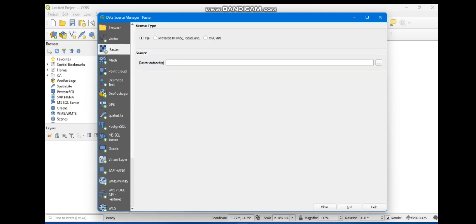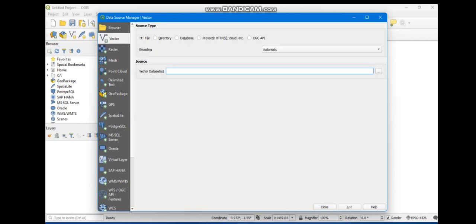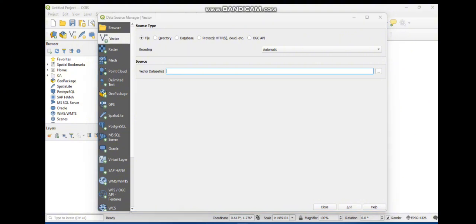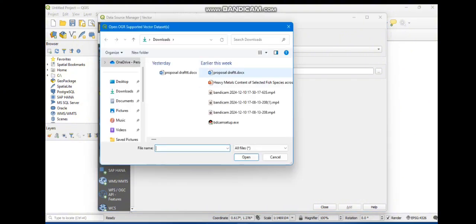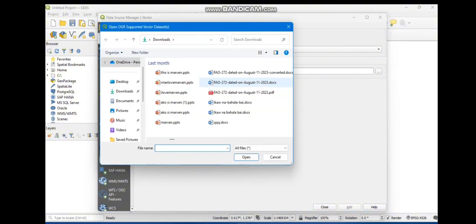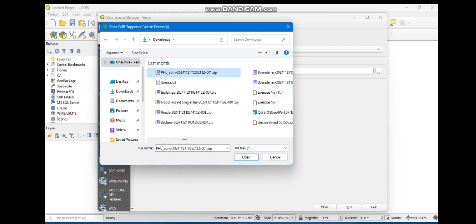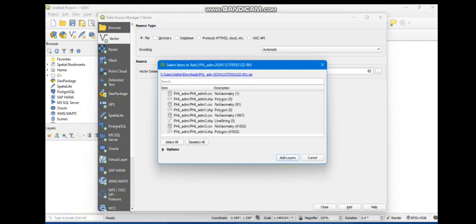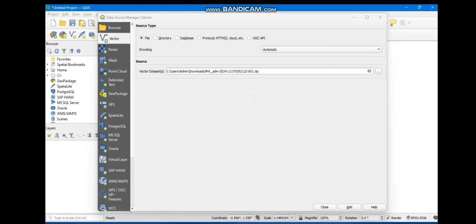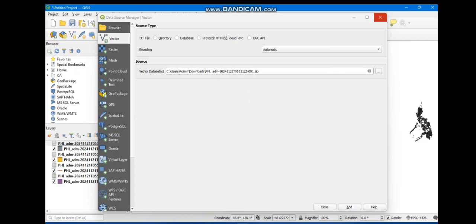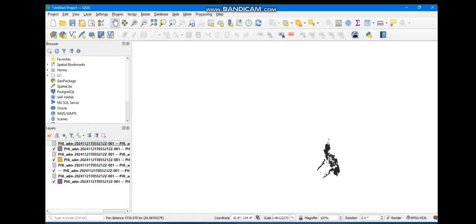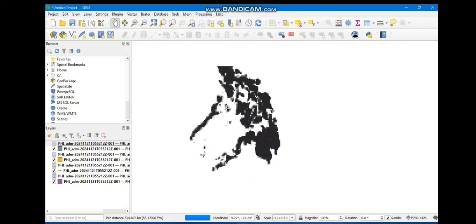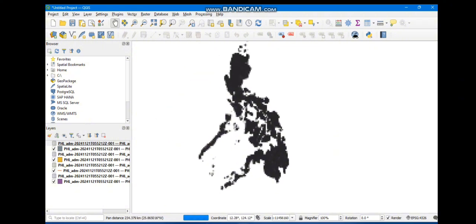And as you can see here, you have the vector file, and on the right side select the three dots and find the file that the instructor provided. As you can see here, we will now add layers, and then we will see the Philippine map. So let's zoom in,